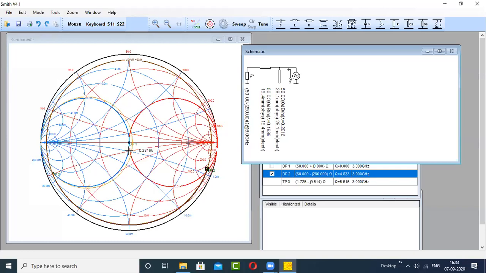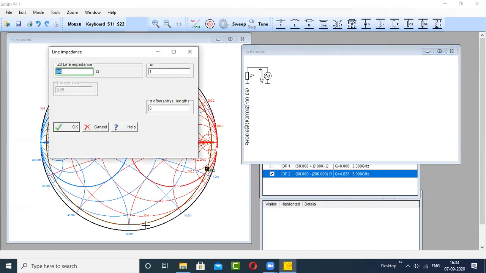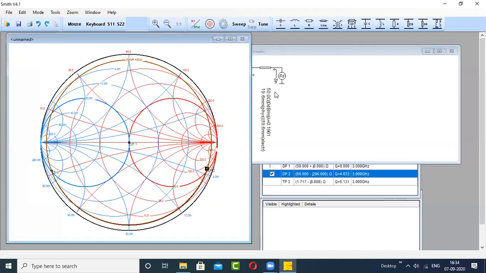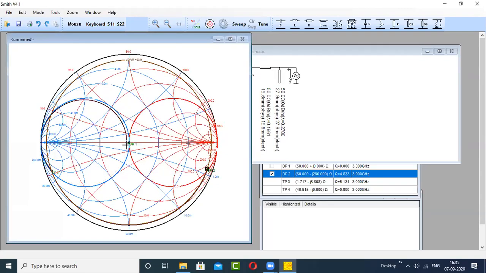Now, it's going away. A little adjustment is required. Open circuited stub. Okay, I will take the approximate one. So you can see that I have not landed exactly at the center.